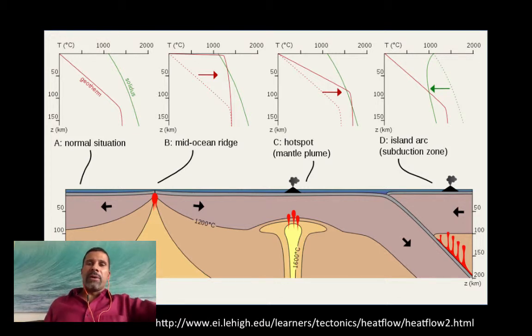One thing you'll notice different about this graph on the far right, the green line, is what they call the solidus. This is the temperature and depth at which rocks melt. It's just like a phase diagram you might have seen in high school chemistry. So if you look at the normal situation on the far left there, if you're at 50 kilometers depth and say 2,000 degrees, you're going to be in magma. If you're at 50 kilometers depth and the temperature is 1,000 degrees, you're going to be in solid rock